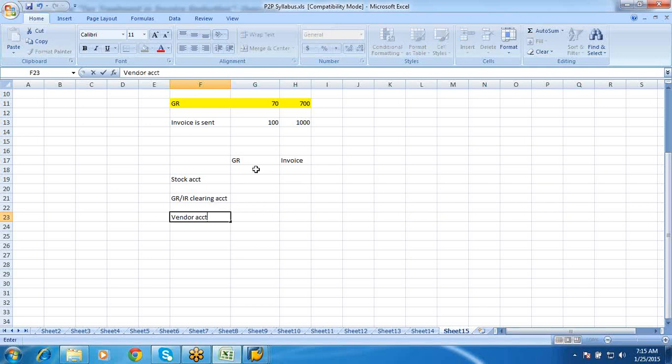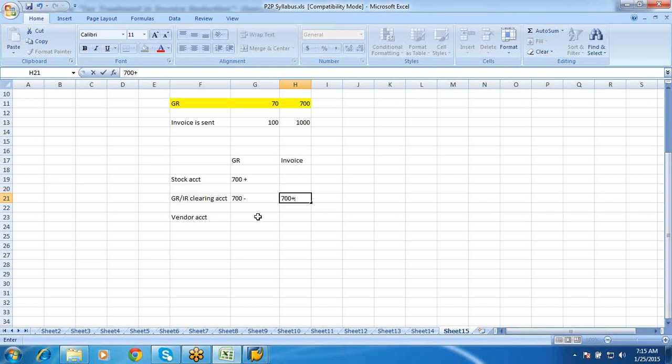When I say GR, it will be 700 plus, that is a debit. The same offsetting entry will be done at your GR IR clearing account, that is 700 minus. Then you will be posting an invoice for 700 plus only.